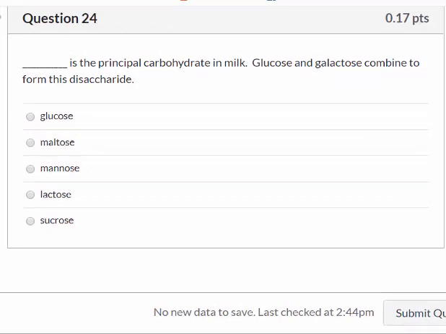Glucose and galactose combine to form this disaccharide. Sucrose is fructose and glucose, but no galactose. And then this doesn't make any sense because glucose is just glucose. It's just a monosaccharide. There's no galactose there. I think we already saw that malt